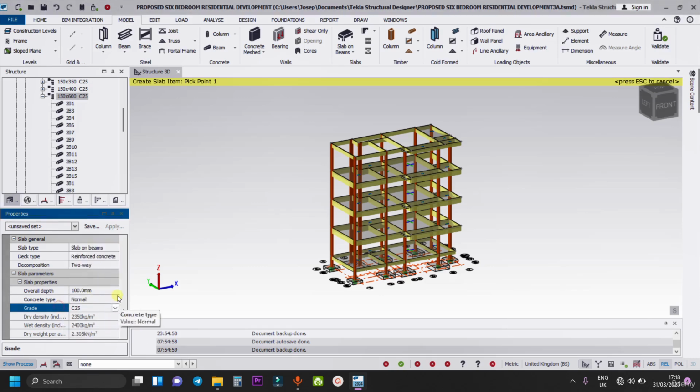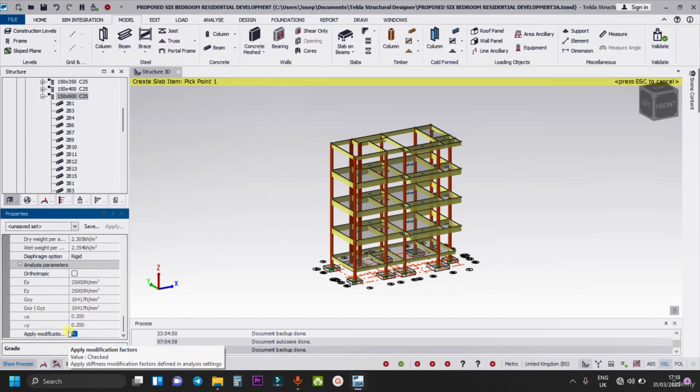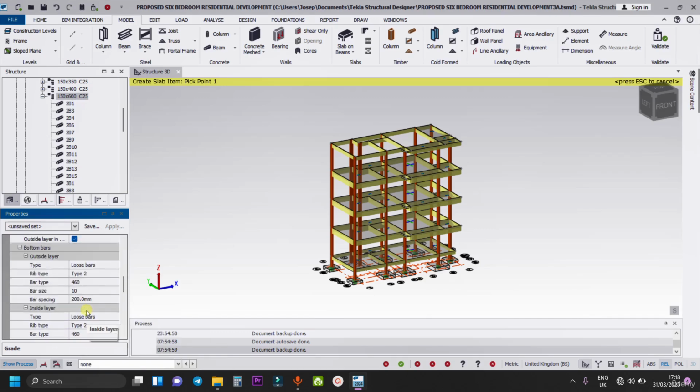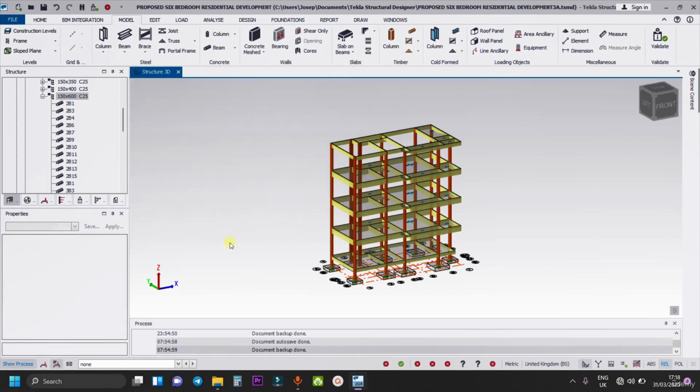We can scroll down and select other options, analysis parameters and other options. So this is method 1 of defining an object's property. The second method is, if I press escape now,